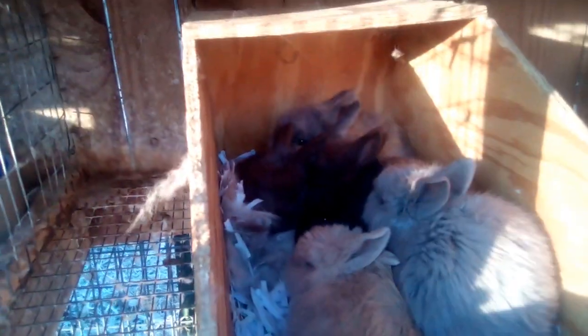And this is her nest box. Sorry about the glare. 3-week-olds have taken to resting in her nest box, so her babies are covered by 3-week-old babies. All right, so let's see if we can get this nest box out. All right. So I have moved some of the babies, and you can see back here we have her 5 babies. So we have 3 harlequins and 2